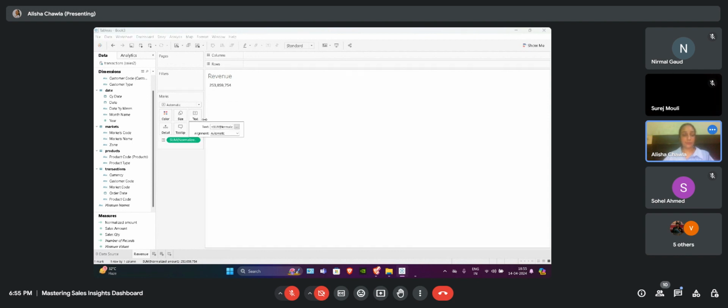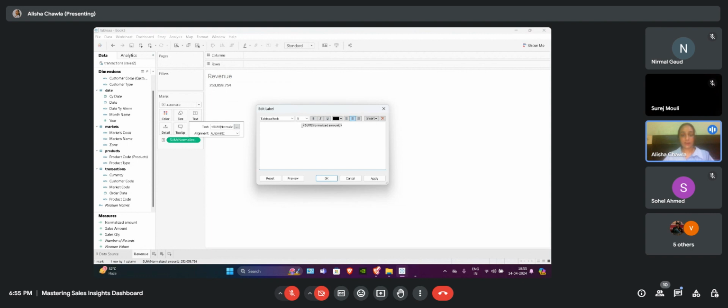We just click on the text, and here we get a label for our revenue. Let's say our total revenue is the sum of the normalized amount, and we are making it bolder, increasing its size, giving it a color.